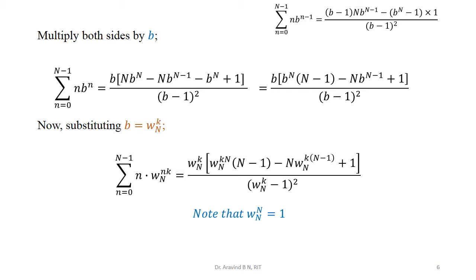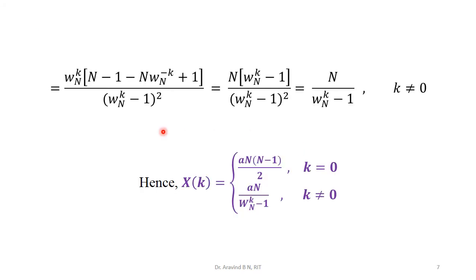So making the further simplification, this is what we are going to get. In this simplified representation, again we are going to have plus 1 here and minus 1 here. They will cancel each other, and then take this omega n to the power of k inside the bracket and multiply them. Then we have the simplified representation: n multiplied with omega n to the power of k minus 1, divided by omega n to the power of k minus 1 whole square.